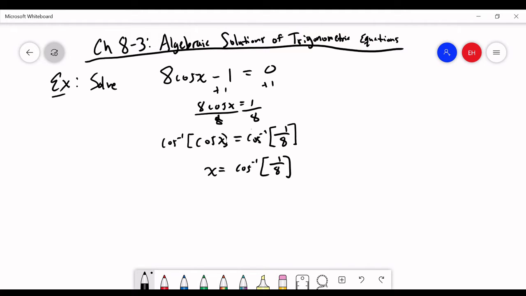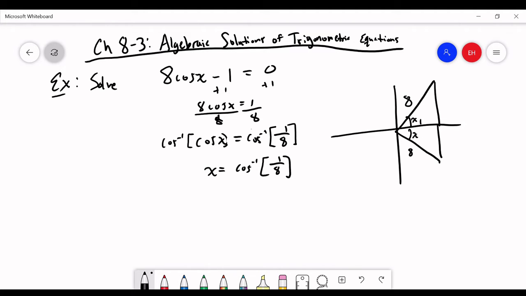So I'm going to draw my little reference triangle here. Cosine is adjacent over hypotenuse, so 1 over 8, and cosine is positive in quadrants 1 and 4 because cosine is the x value and that's where x is positive. So I'm looking for that angle right there. Now we check: is it one of our special triangles? Is it a 30, 60, 90 or a 45, 45, 90? It's not, so we just use our calculator, type in inverse cosine of 1/8, and it's going to tell us